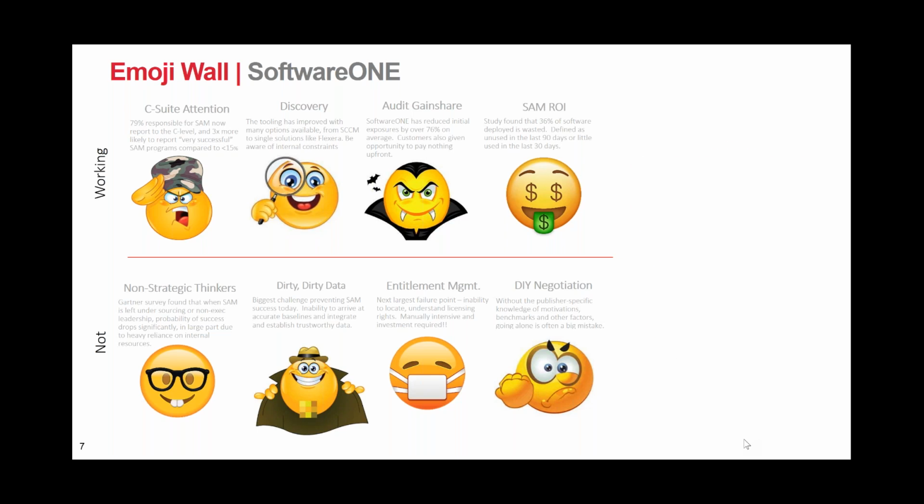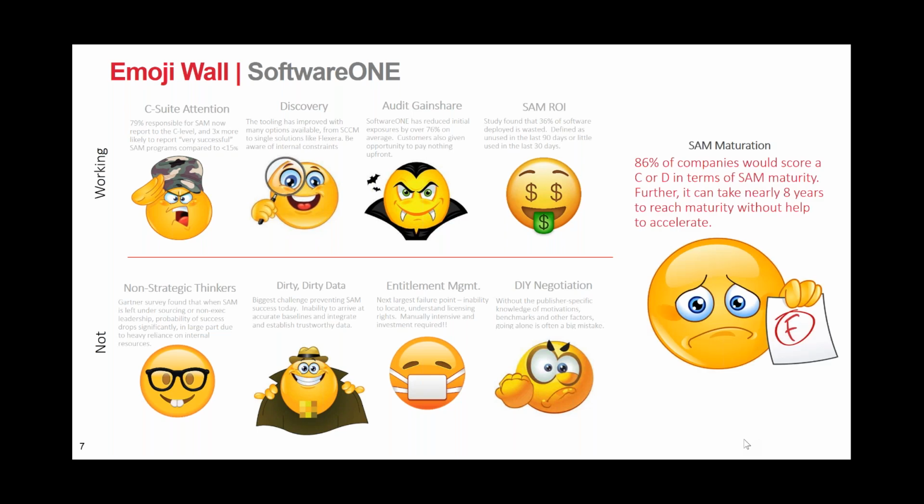But the more important one, the last one I want to talk about, Kieran, is this one here. It's called SAM maturation, and this is important because this is the whole reason for SAMSimple, which is that 86% of companies today would score what we score as a C or a D on a report card. That's what they would get for their SAM maturity, meaning that a lot of companies today, so 9 out of 10, are largely working with